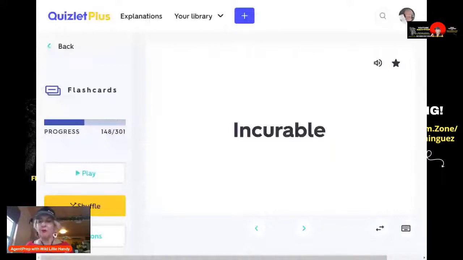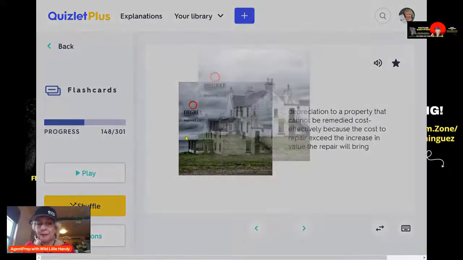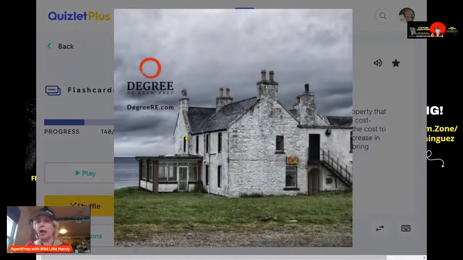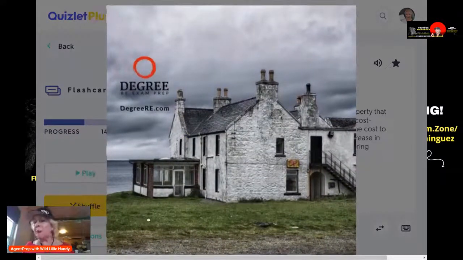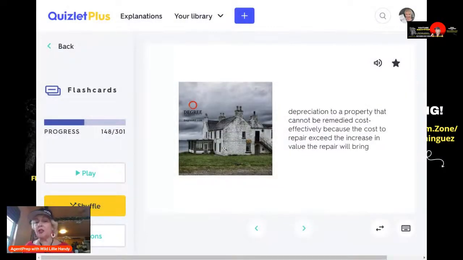Imagine. So this is incurable. It would be impacted by the environment, the economy. Even though it is by the water, and we mostly say, hey, water property has higher value, again, it also depends on the location by the water. Okay. So location, location, location. You're going to learn that big time. So this situation is not curable. They can't move the house, although in some areas, homes are still being moved in large flatbeds.